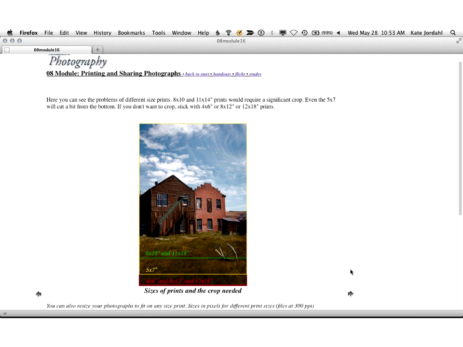Photo papers are 8 by 10. An 8 by 10 was based on glass sizes in the 19th century. Honest to God, that's why we have 8x10s in the United States. In Europe, you don't have 8x10s. There are totally different paper sizes that actually are the shape of the cameras that we use. So you can see here that an 8x10 would crop this much, all the way up to that green line, out of your picture. A 5x7 will crop a little bit, and a 4x6 or an 8x12 or 12x18 will get all of your picture. And so